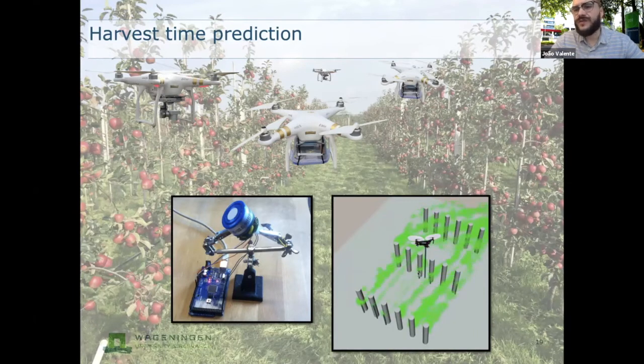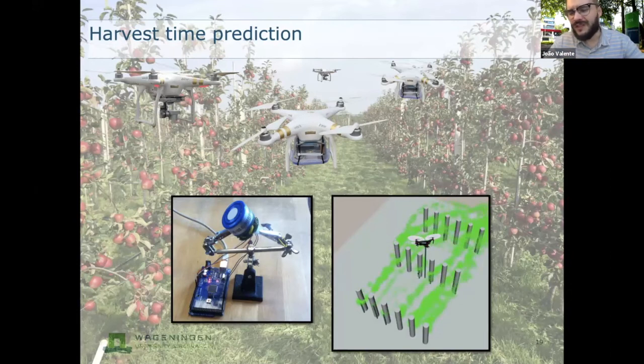So this is tons of work, time consuming, not accurate, and of course it's a cultural practice that has been done for years and years, and what we want is to change the way this is done, because now we can do it using drones. So here we have been studying how to understand exactly the best day for harvesting using drones equipped with vision sensors, machine vision, and machine olfaction.